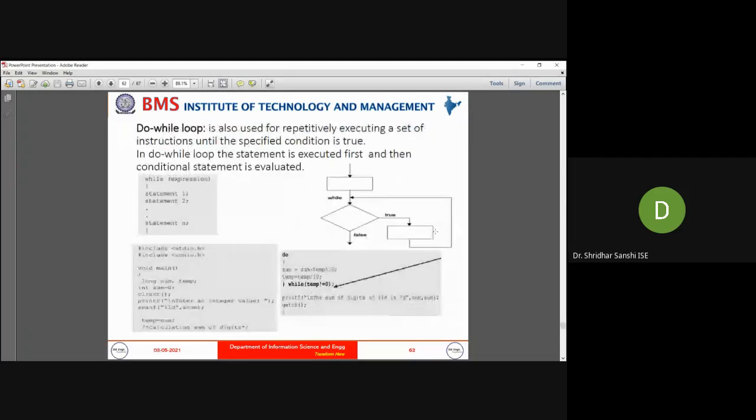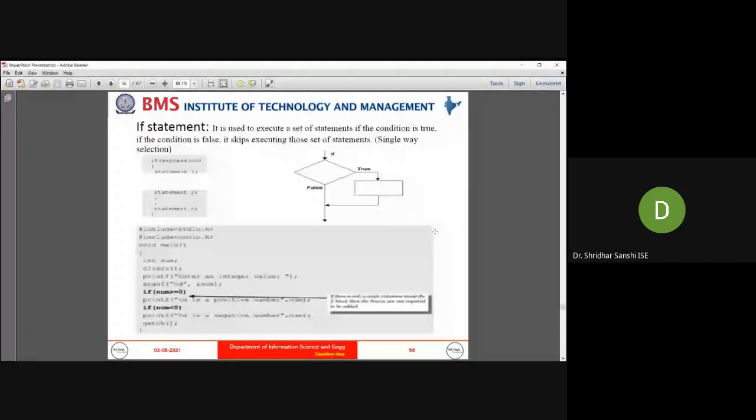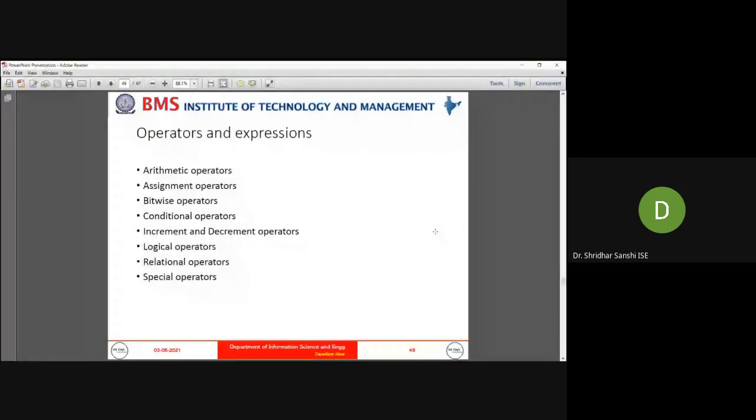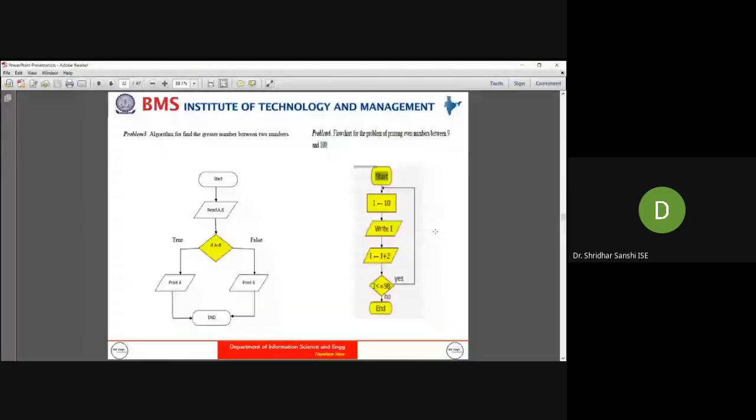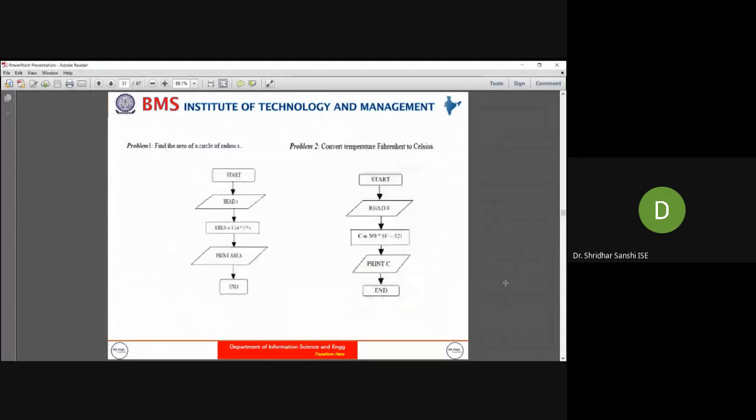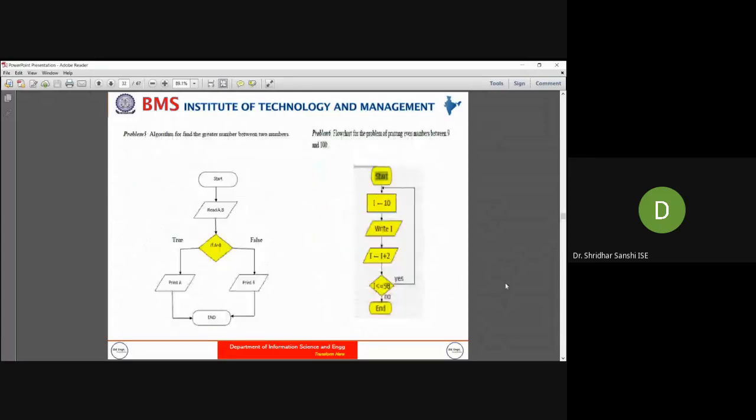I think we have seen this in a flowchart diagram. One of the examples, the flowchart diagram, we'll see. Yeah, you can see here, I think this is the while loop. First, I'm initializing the variable i equal to 10.